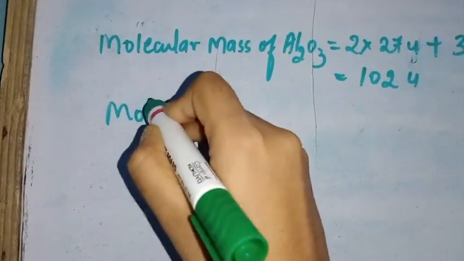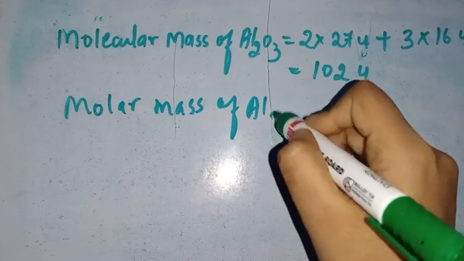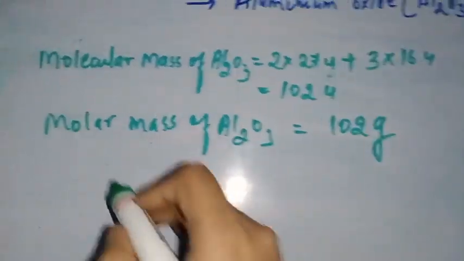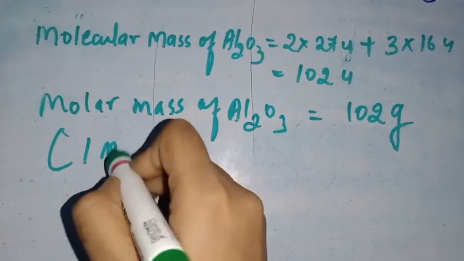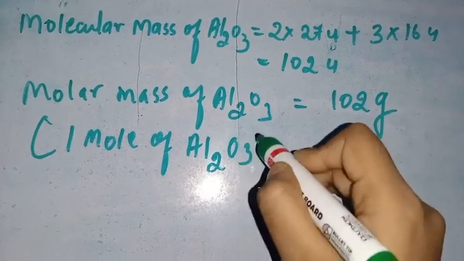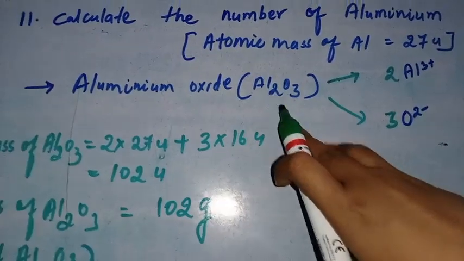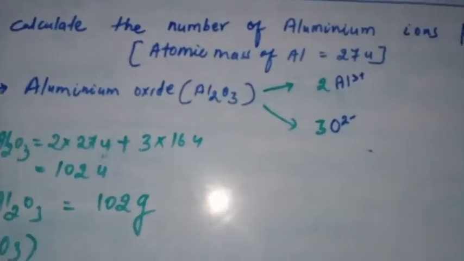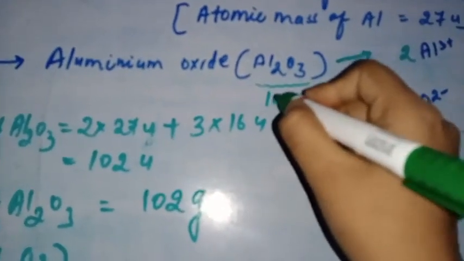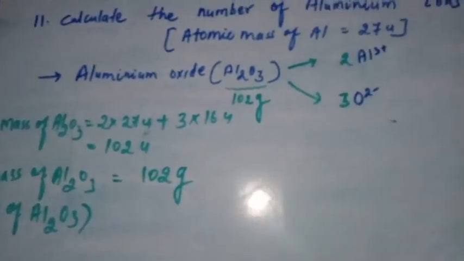So the molar mass of Al2O3 will be 102 gram, which is the mass of 1 mole of Al2O3. So 1 mole of aluminium oxide, which is equal to 102 gram,